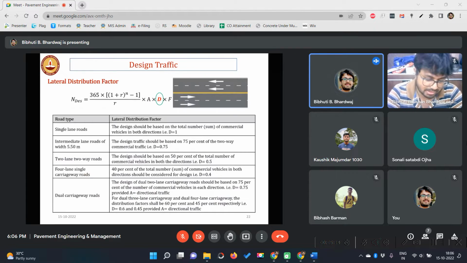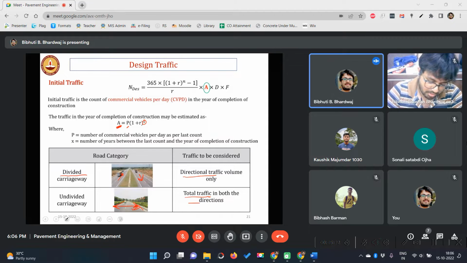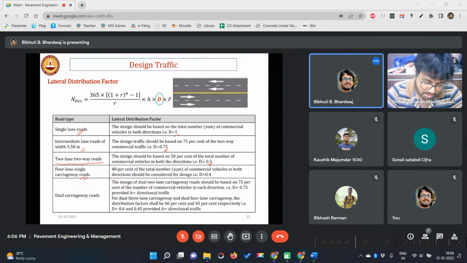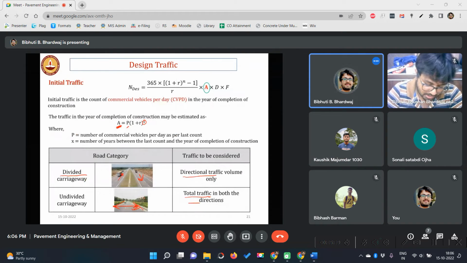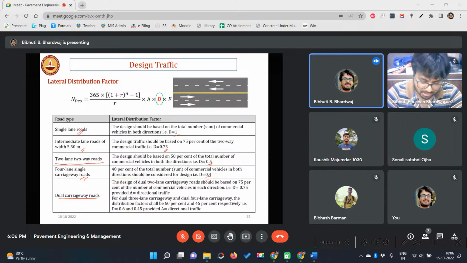Okay. Next, we discussed lane distribution factor. So for all the different types of roads, for single lane roads, what should be the value of D? For intermediate, what should be its value? For 2-lane two-way, what should be its value? For 4-lane single carriageway, like this previous case, what should be the value? 0.4, but for dual carriageway, this should be considered as your A. Okay, and then you may apply the other